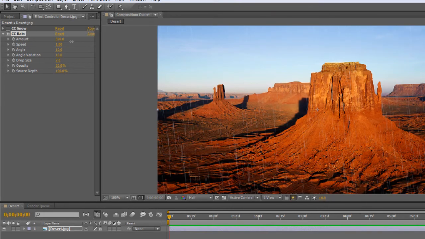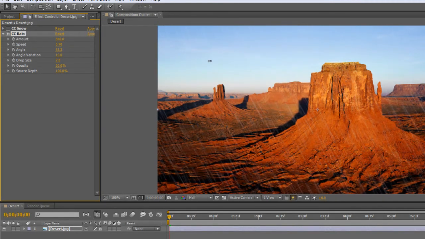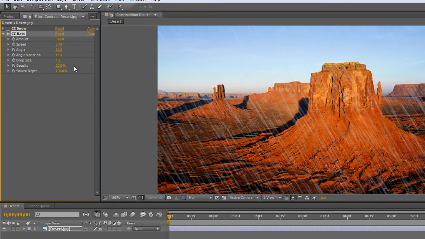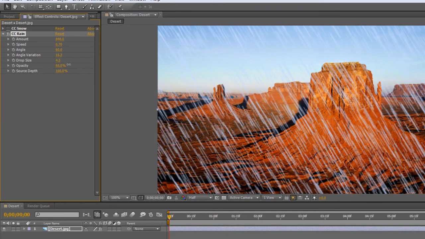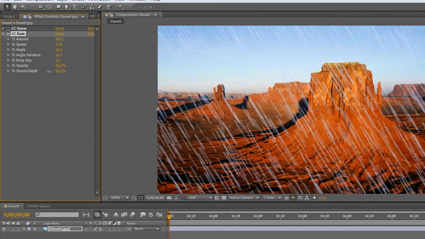Once again, I can change the amount of rain, so more drops or less drops, the speed at which it falls. With the rain, you can actually change the angle that the rain appears coming at the screen, so I'm going to make it look like it's coming diagonally. You can change the variations, so this actually means different angles for different drops. The drop sizes, I'm going to make the rain heavier. Once again we can play with the opacity. I'm going to make it darker just so we can see it for the preview, and the source depth once again,